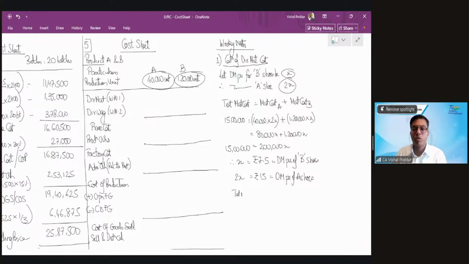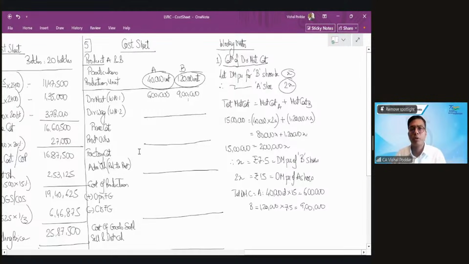Total direct material cost will be A, 40,000 units into 15, 6 lakhs, of B into 7.5. Correct. So 6 lakhs, 9 lakhs. Correct, students? Same lines, we do the working for